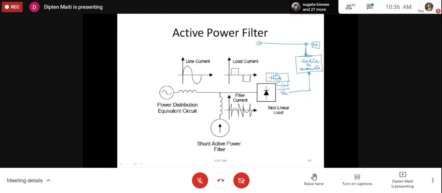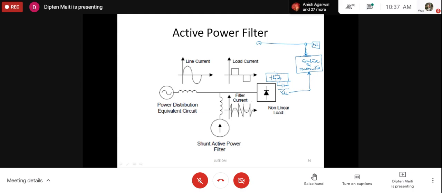For that, the DC voltage must be there, because if the DC voltage is not there, we cannot convert any energy source, or energy, from DC to AC. So due to that, this control or monitoring part must take into account the DC voltage across the capacitor, and that DC voltage must be maintained.